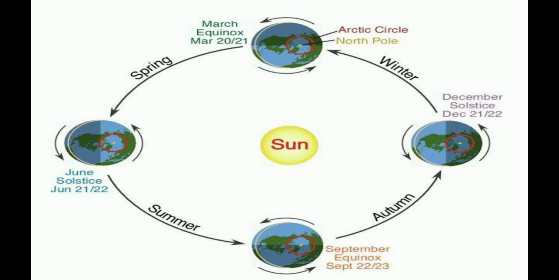6 months later, on December 22nd, the sun is overhead at the Tropic of Capricorn. During this time, the southern hemisphere experiences summer solstice. This day is the longest day in the southern hemisphere, while in the northern hemisphere it is the shortest day of the year. You can see how it is vice